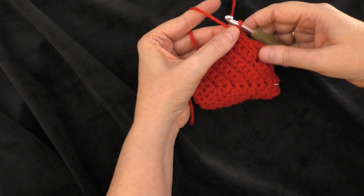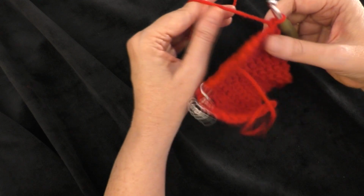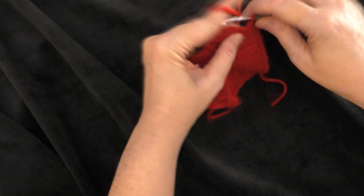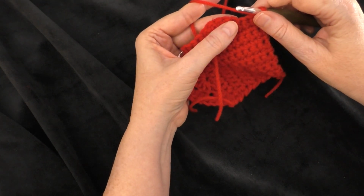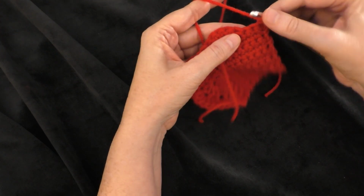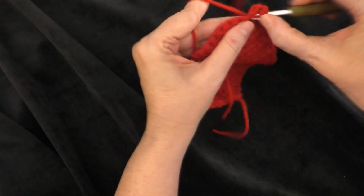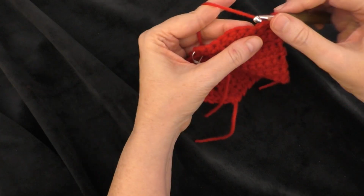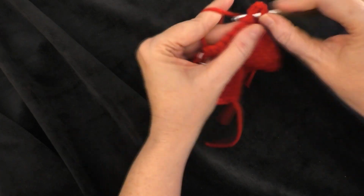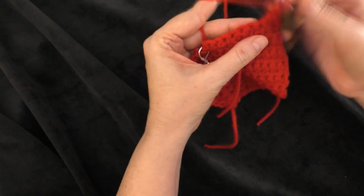Okay, and now we're going to repeat row 12 of the first lobe. Okay, so we are not going to chain, we're just going to turn our work. We're going to skip the first 3, those first 3 single crochets, and then I'm going to yarn over and do 2 double crochets each in the next 2 stitches, okay? So 1 and 2, and then 2 double crochets also in the next stitch. 1 and 2. Okay, that gets us to the top of this shell, and so we're going to do 3